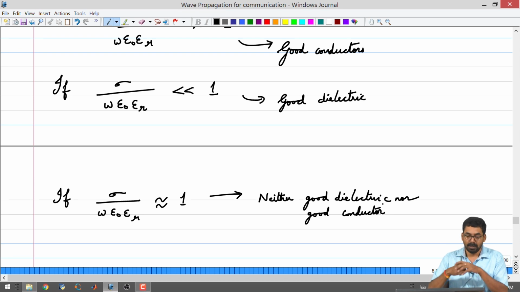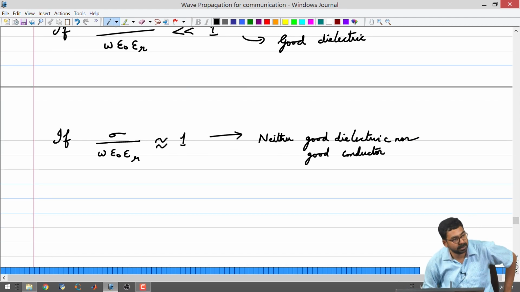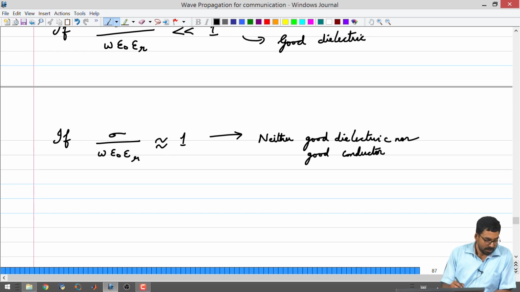Okay. Now, this is an important aspect because we use metals for interconnects on boards. Okay. Suppose you start increasing the frequency of operation of these chips, and suppose you start increasing the frequency of operation of your entire system, alright. You need to be aware that the best conductors will not behave like the best conductors anymore. Okay. So, it is a very important aspect while designing high frequency circuits or high frequency communication systems, etc. Right. Just to give you an example, all right.